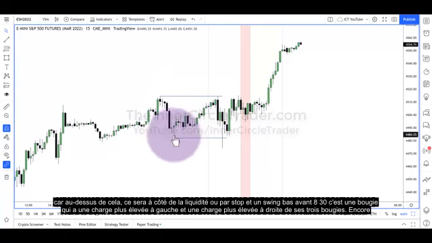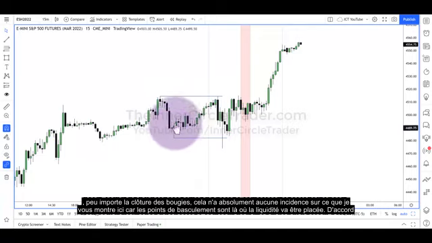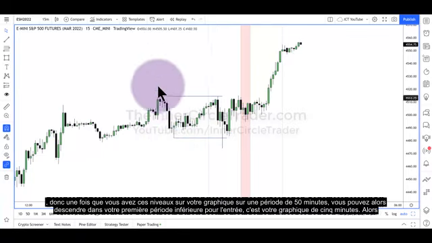That's a candle that has a higher low to the left and a higher low to the right of it. It's 3 candles. Again, it does not matter what the close of the candles are. It has absolutely no bearing on what I'm showing you here, because the swing points are where liquidity is going to be placed. Okay, so once you have these levels on your chart on a 15-minute time frame,